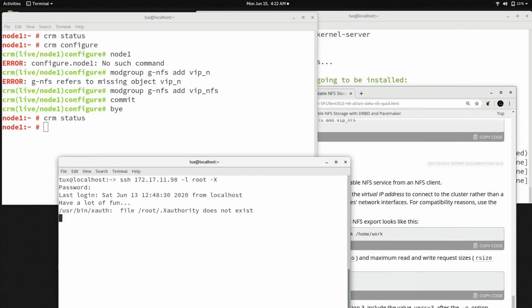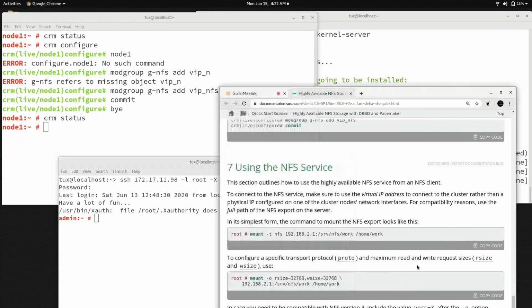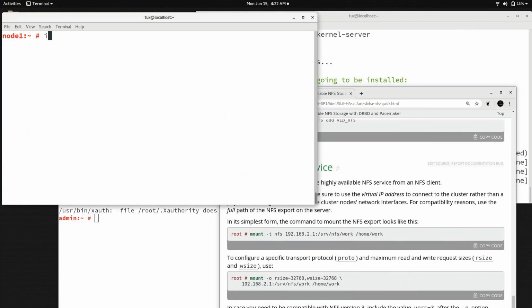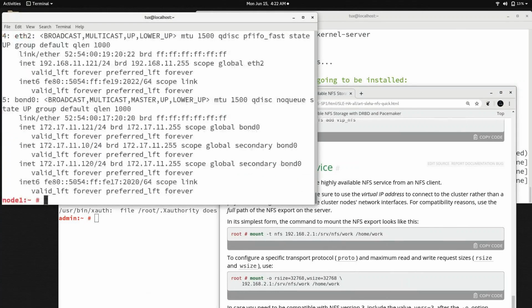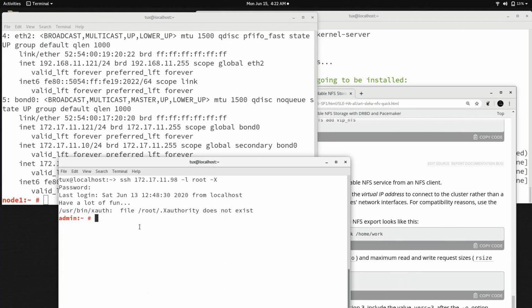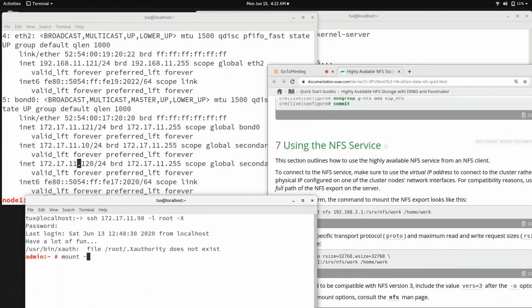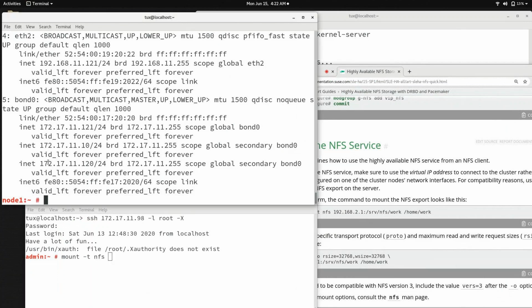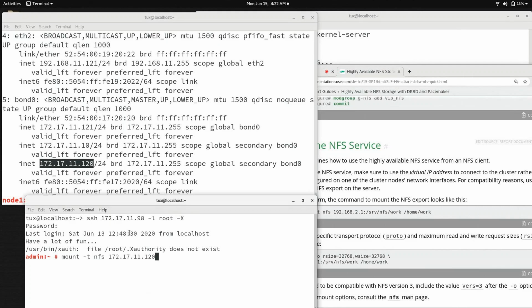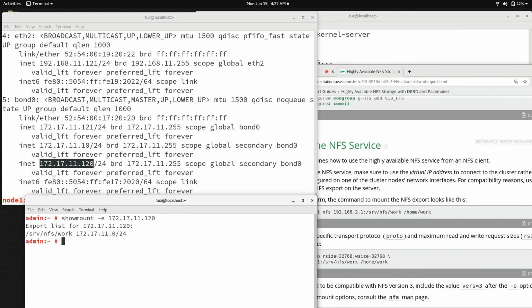Yes, right. So what it says is you are supposed to check the IP address of the NFS server, in my case 120. So I'm supposed to write mount -t nfs, the IP address, which is this one, and colon. And before that you can run the showmount command, showmount -e and the IP address, and there must be output.